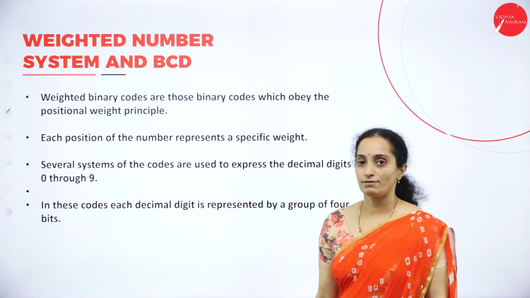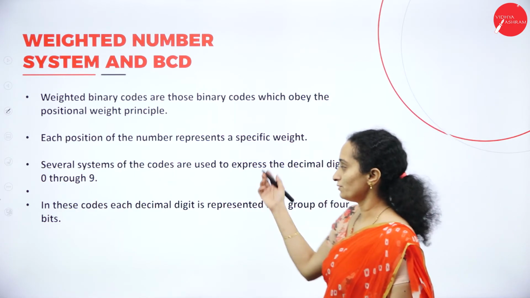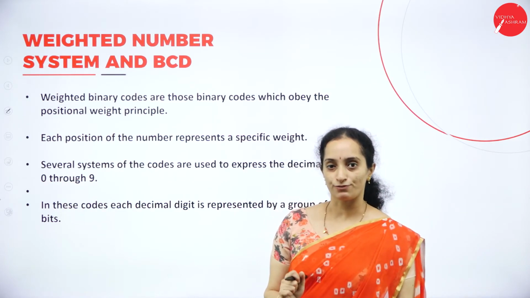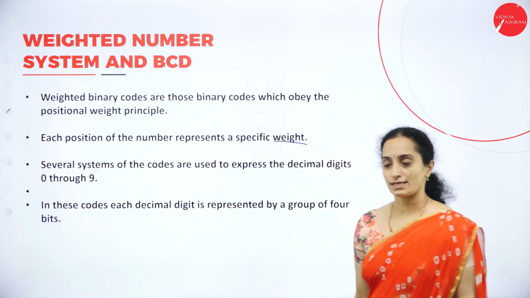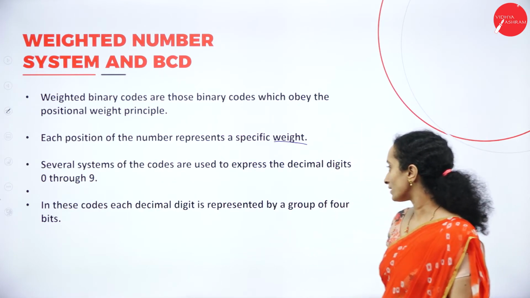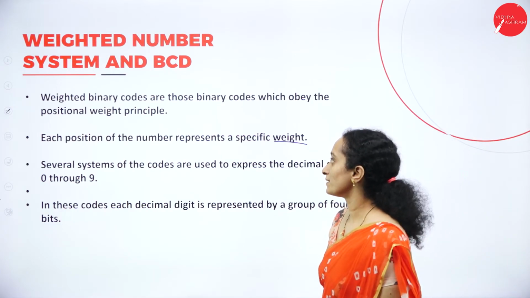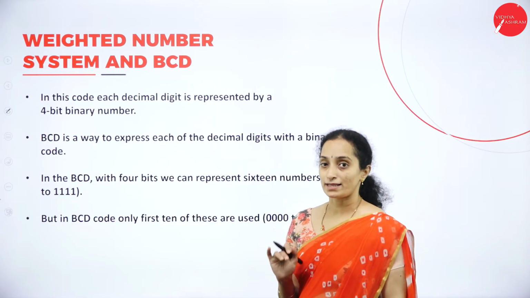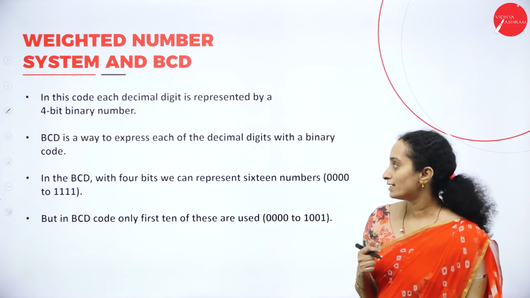Next comes the weighted number system and the BCD. So, weighted number codes are those which have a weightage for each position in the number. Okay. So, it represents a specific weight. There are certain codes that are used to express these decimal digits. Usually, there will be weighted number system. The only category available with binary numbers with weight will be the BCD, that is binary coded decimal,